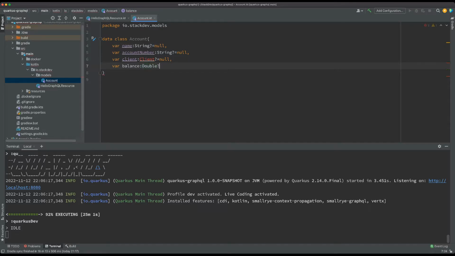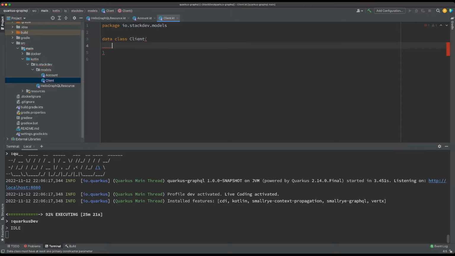So this is just a random object. This client is going to represent the actual client or customer, right? So in this case, I'm going to create another data class called client, right? So inside this client, I'm simply going to have